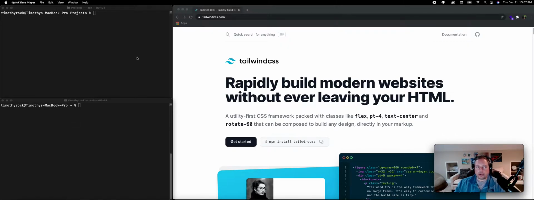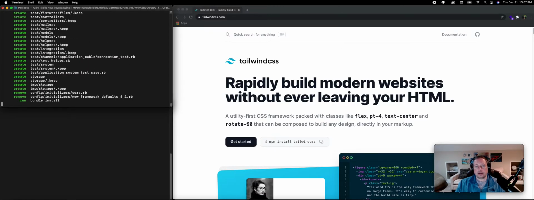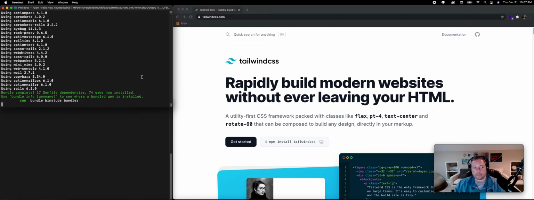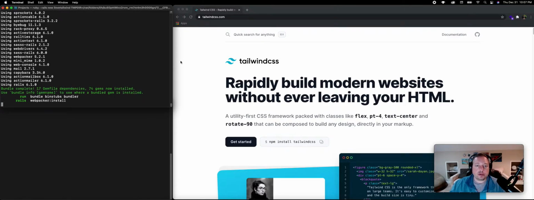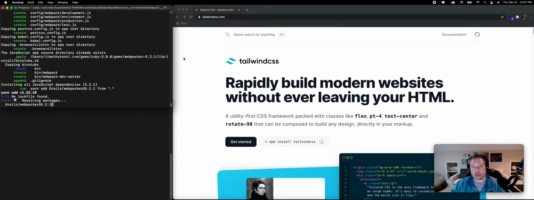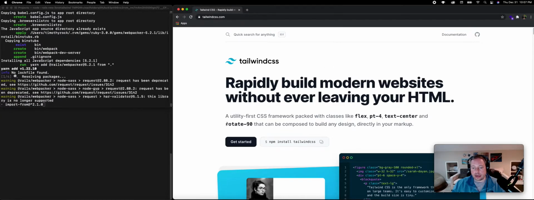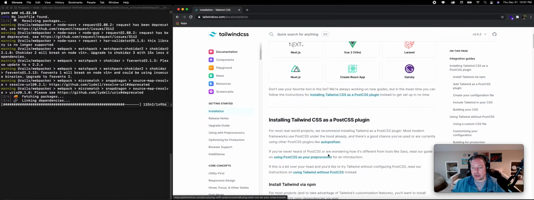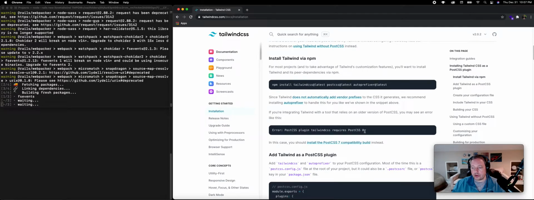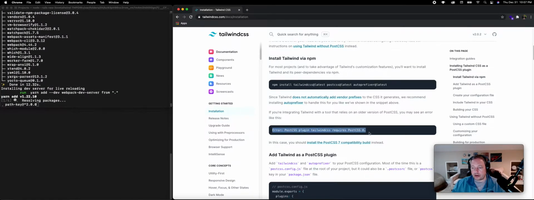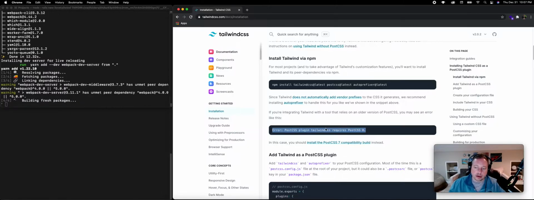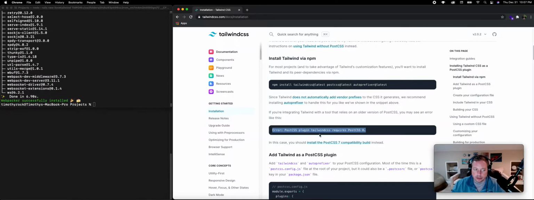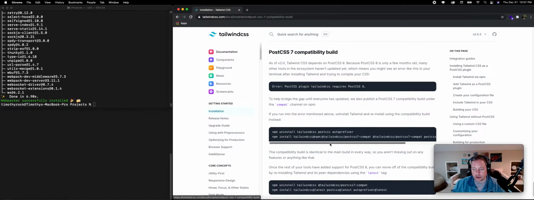So the first thing we're going to do is just go ahead and create a new project. So rails new ilovetailwind. So we have that installing. On the Tailwind website, if you go to get started and then installation, there's a little guide on how you get it working, if you get this error here. What I've found is this is really designed for NPM and not for Yarn, and I just found a different way of doing it